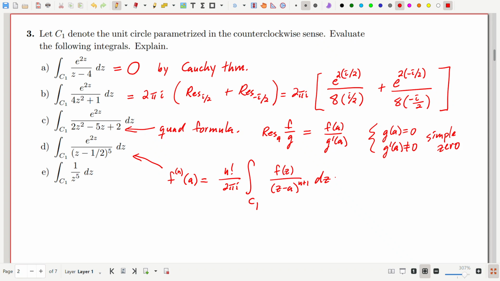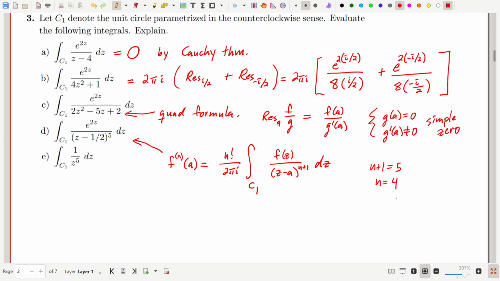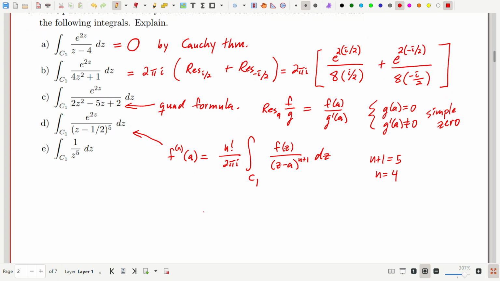And so here we have a fifth power, so that means that n plus 1 we want to be equal to 5. The n is actually equal to 4. And so that's going to spit me out 2 pi i over 4 factorial. So the answer in this case is going to be